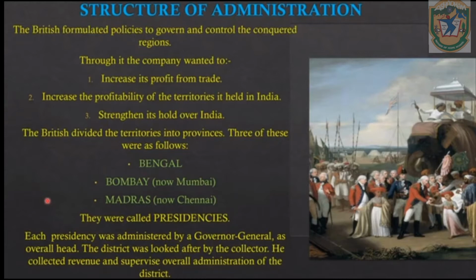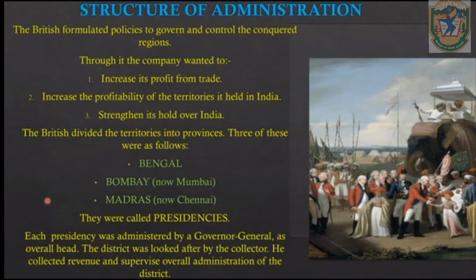the territories into provinces. Three of these were: the first one was Bengal, the second one was Bombay, which is known as Mumbai, and the third one was Madras, which is known as Chennai. They were all called presidencies, and each presidency was administered by a Governor General as overall head. The district was looked after by the collector, who collected revenue and supervised overall administration